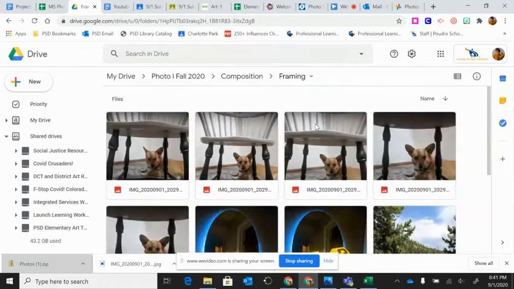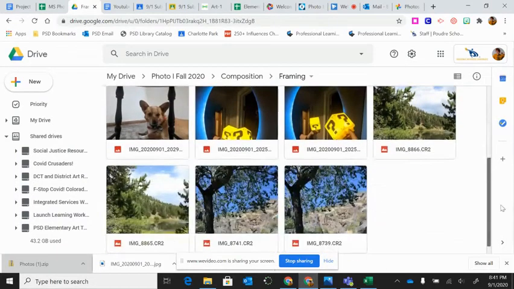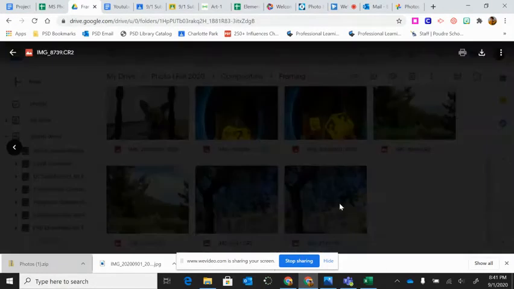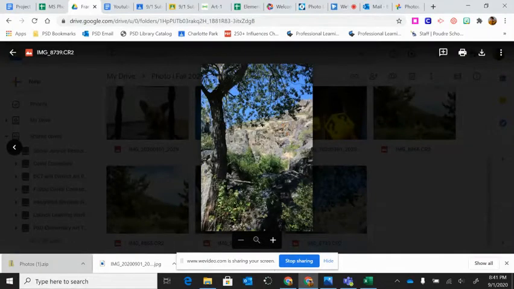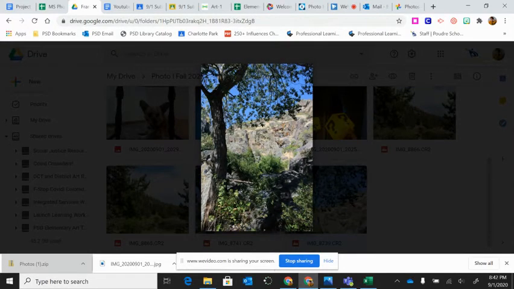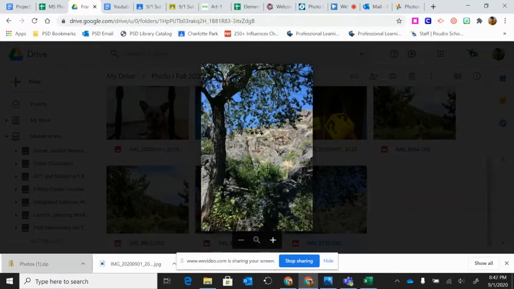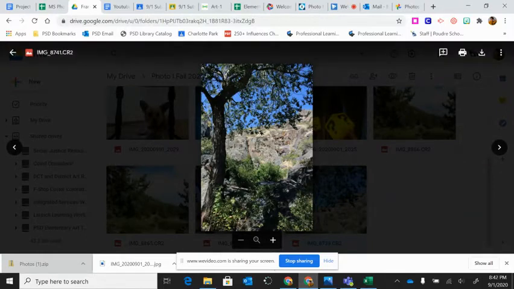Framing. Framing was a little bit difficult. I looked at the pictures that I had previously. So I had this one that has a tree that frames it a little bit, but it really only frames it on one side. But I liked the way that the branch, I think this one is a little bit better. When you're framing something, you want to make sure that the frame